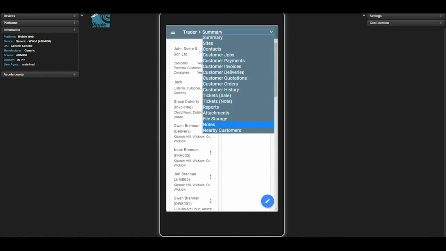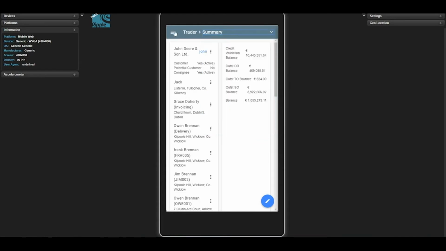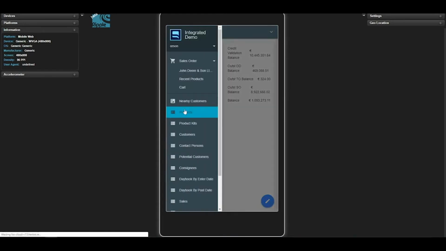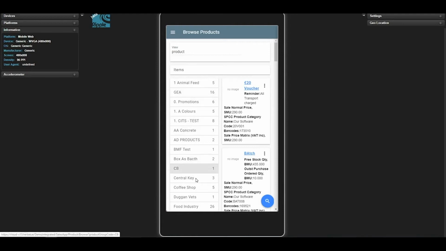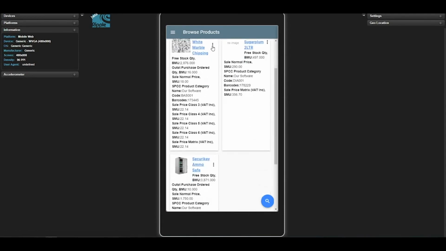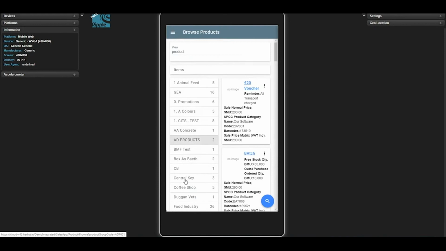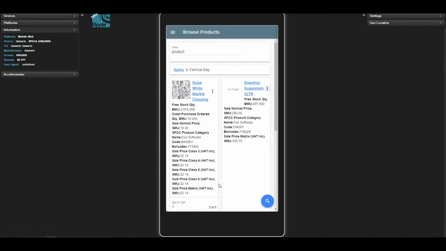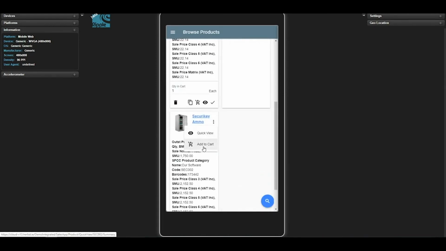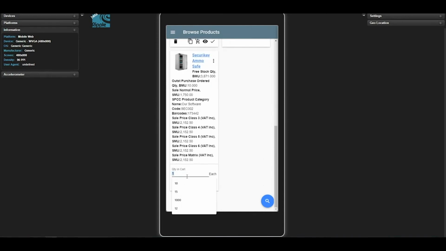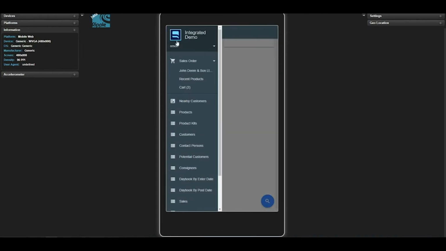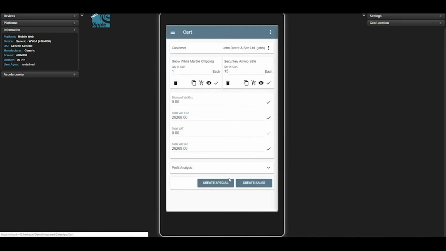I have a huge amount of information available to me. Everything that is available in the back end, from payments, etc., customer history, all of that stuff is available to me in the cloud client as well. All of the cloud client views, the sales app, as we call it, the cloud client, is available to you. So the customization of views and so on is available here as well. So I'm going in here and I'm processing my order. I'm putting it through 15 of those, and then similarly to the way anybody who uses online shopping, you go to your cart, click on your cart,